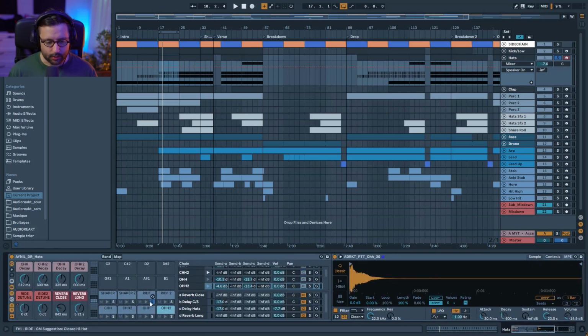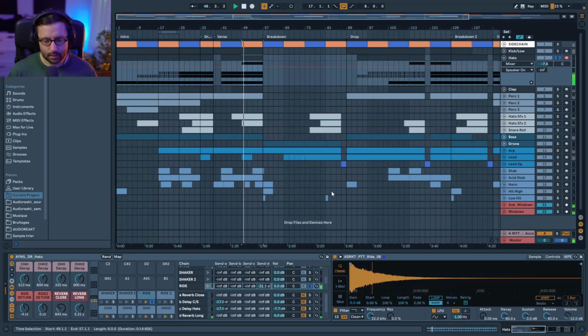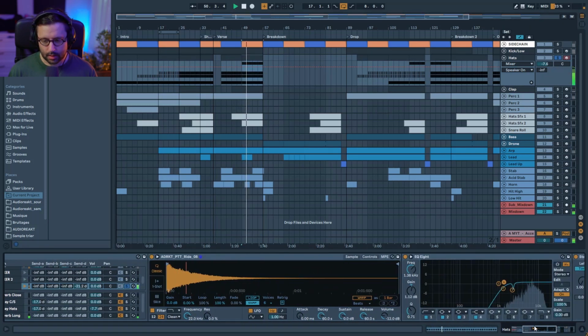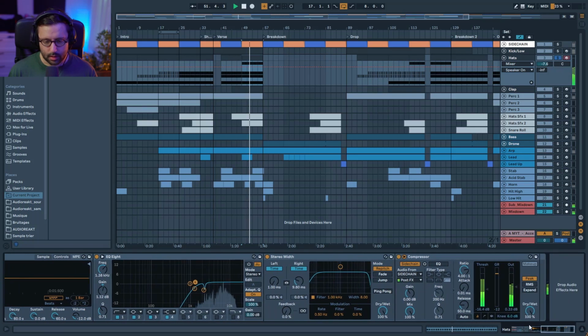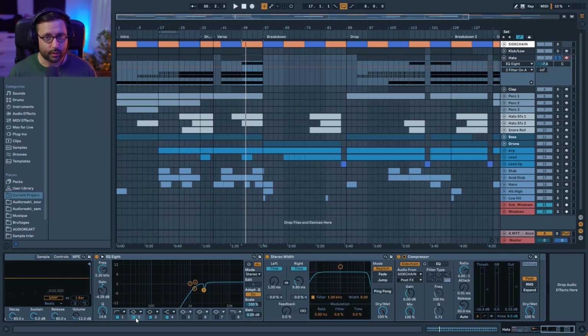And finally, I have the ride, which plays here. And the ride, nothing crazy, just a bit of EQ. There was this frequency here I reduced, I didn't remove it, because there are often some annoying frequencies with a ride, but you can remove them or you can just attenuate them, because if you remove all of the resonant frequency of your ride, you lose all of the character of your ride. So